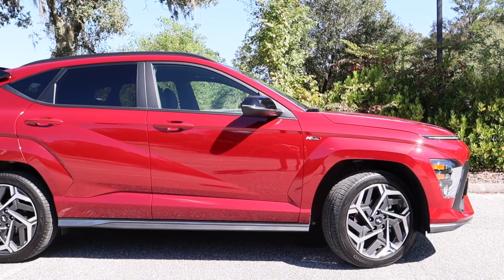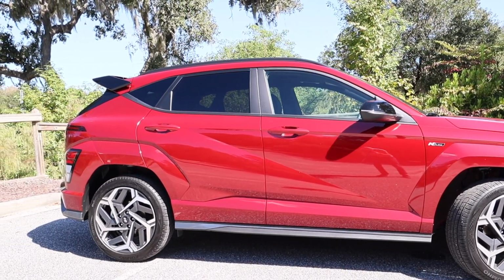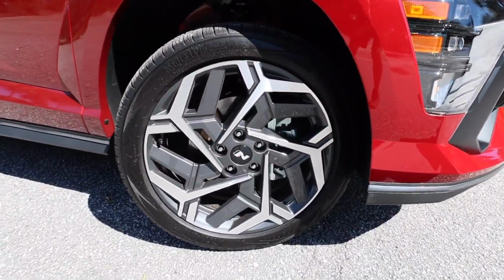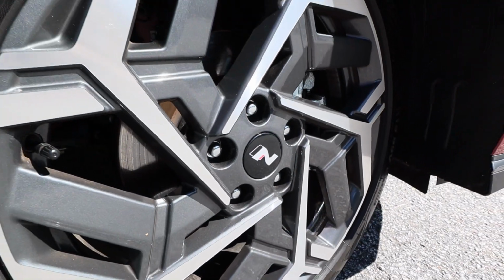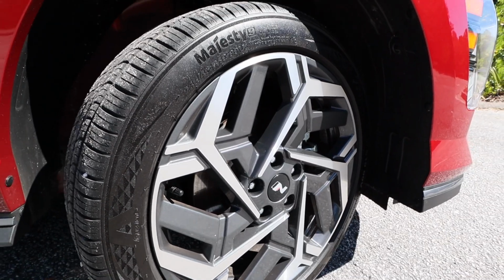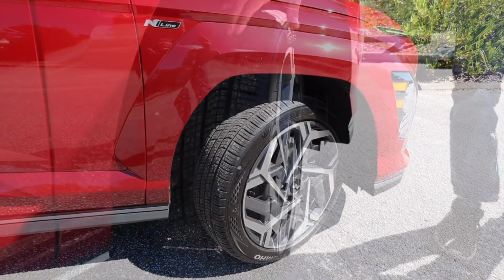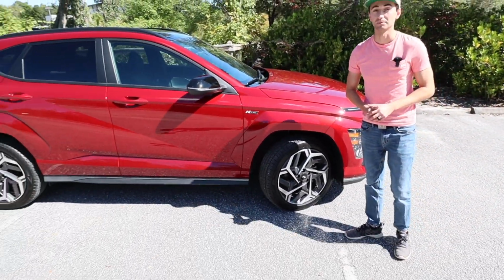At the side profile, the Kona always has had this cladding around the front and rear fender arch. You're gonna see body colored for the N-Line, which gives it a more classy and performance-focused vibe. And then you're gonna see these new set of 19-inch wheels. You got the N logo in the center, really cool diamond cut with a metallic gray. And these tires, very unique for the car. These have sound deadening inside them. So when we test drive this car in a little bit, you're gonna notice some nice improvements over the previous